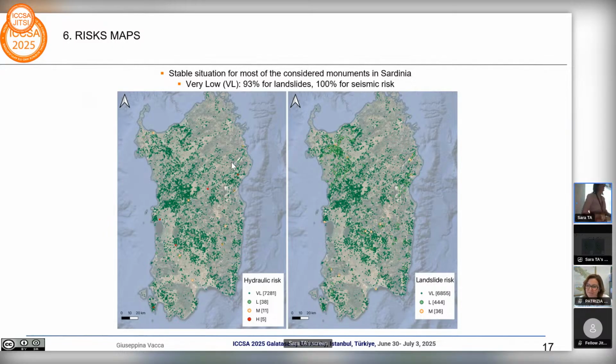Another question? Maybe just a small one on the methodology. At the end of the process, you classify the different vulnerabilities in 5 classes. I was wondering why you chose to use equal breaks, from 0 to 20, 20 to 40, and so on, instead of, for instance,